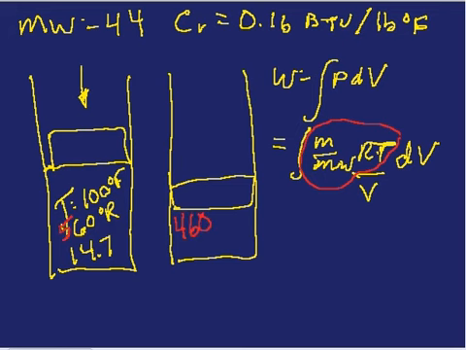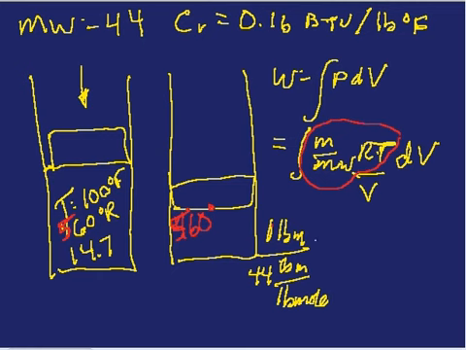Isothermal means the temperature stays the same, so it's 460. Excuse me, that's 560. 560 degrees Rankine. At the end, 100 degrees Fahrenheit, 560 degrees Rankine. So there's your work, and we'll take that to be the mass was given. We want to find the work per pound mass, so we'll take 1 pound mass